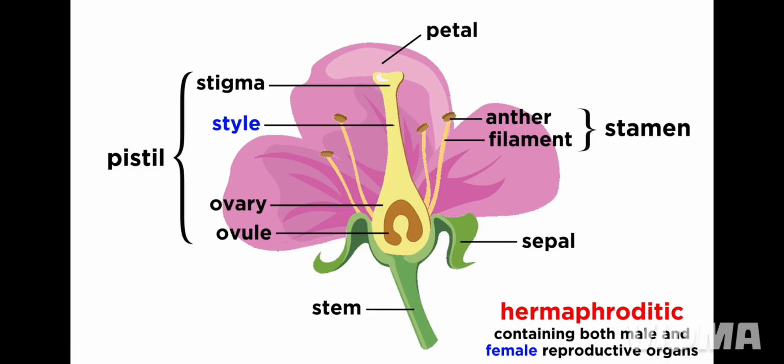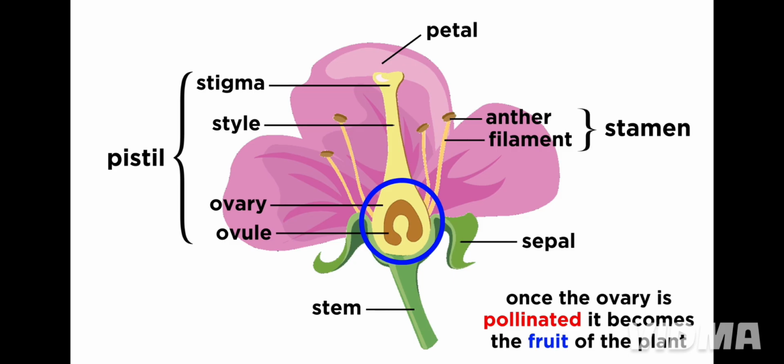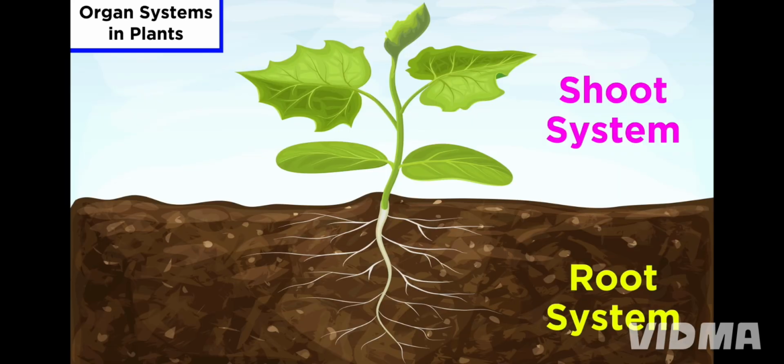The bottom of the pistil is the ovary, and this is where the ovules, or eggs, of a plant are. We'll get into the specifics of plant reproduction later in the series, so for now we can just note that once pollinated, the ovary of a flower and the fertilized ovules will become the fruit and seeds, ready to create a whole new generation of plants. So that covers the organs and organ systems of plants, which are organized within the underground root system and the above-ground shoot system. Next, let's talk about how plants are able